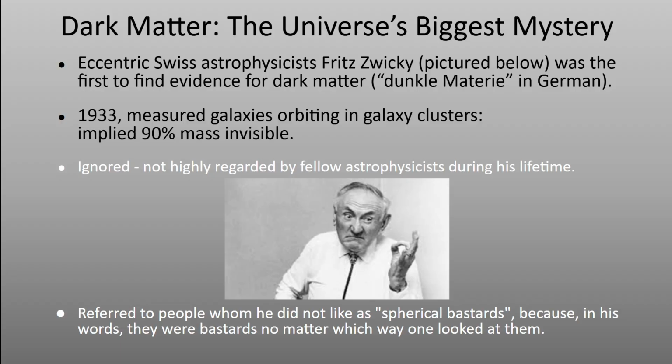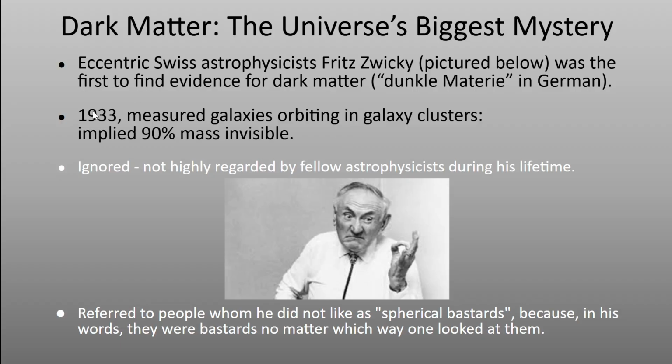And he was largely ignored regarding this result. There are a few good reasons for that, admittedly. It turns out now that we know that the X-ray emitting phase dominates the visible phase in galaxy clusters also by a factor of 10. So that was one missing piece in the 1930s.